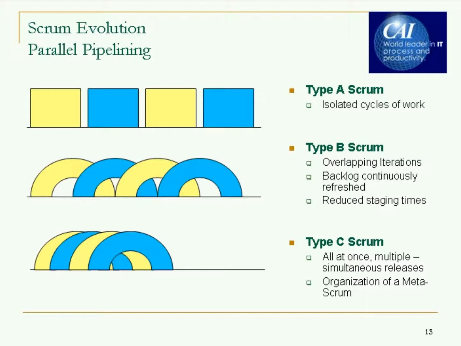Type B, you start removing the waste between those iterations, so you start blending the activities from one sprint to the next. It feels perhaps a little bit more chaotic, but you're reducing that waste and you're reducing those pauses between. And then type C is all of that stuff happening in parallel. It's not that they're not still iterating, but all of the organizational preparation happens alongside. So one aspect of type C is the organization operates as a Scrum. So, for example, the accounting group is sprinting and having daily stand-ups. But the other thing